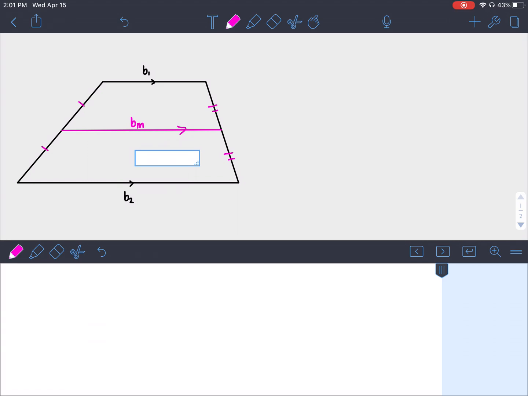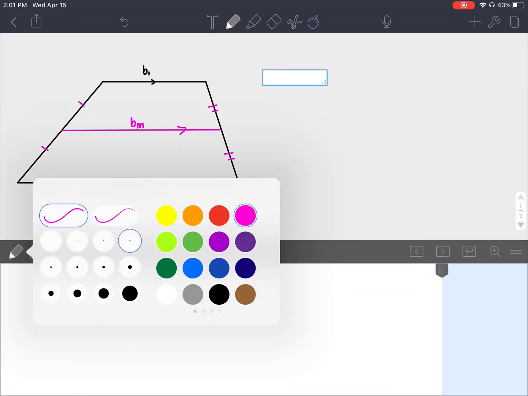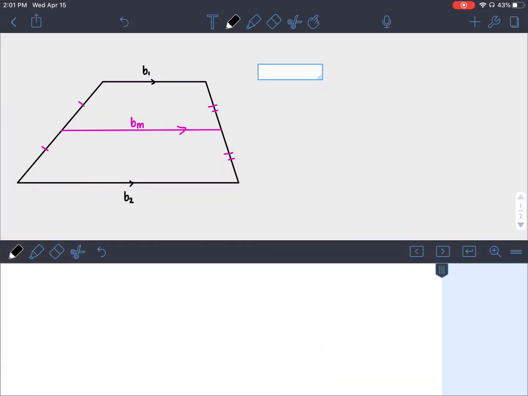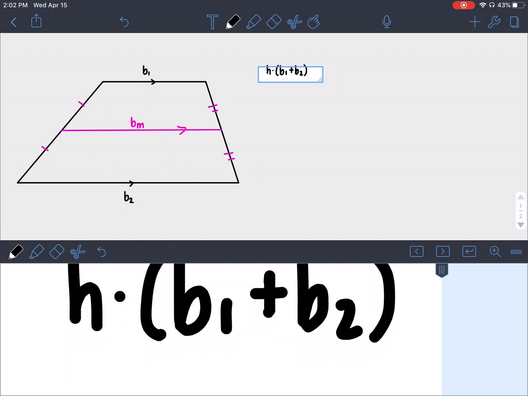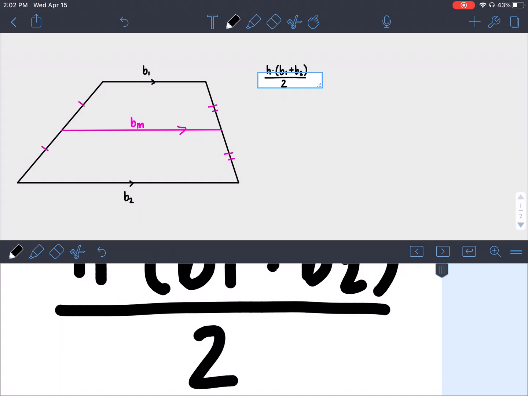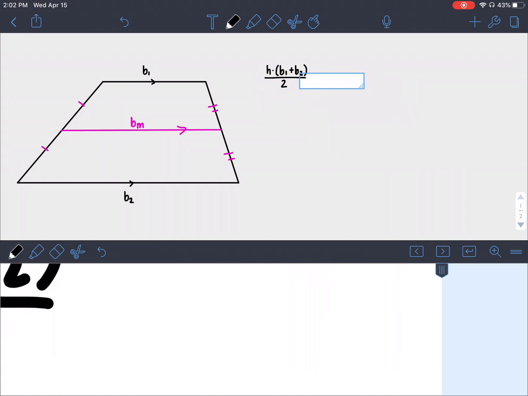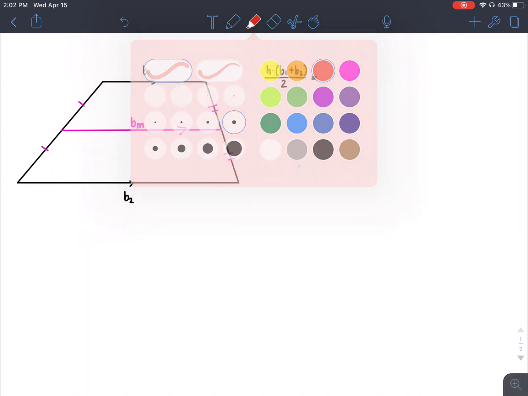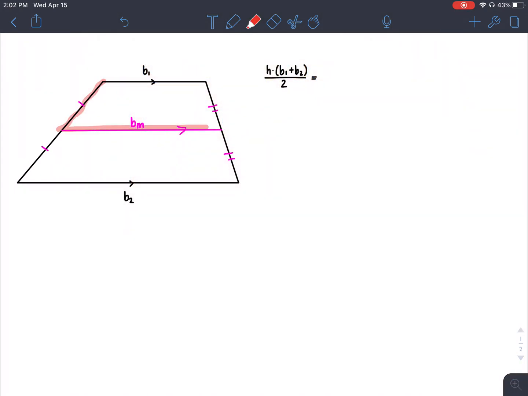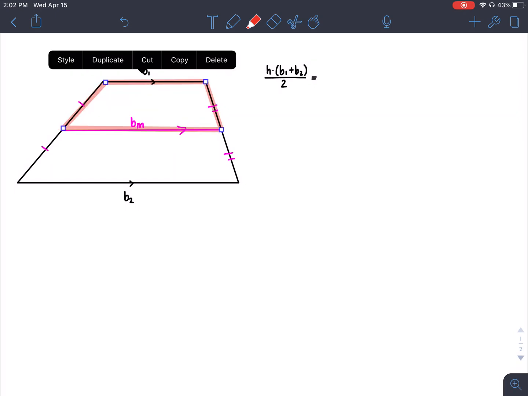Okay. So if I look at the area of that entire trapezoid, we just learned that that's going to be our height times our two bases added together. So base 1 plus base 2, all divided by 2. Okay. But that should be the same thing as if I added the two different trapezoids we just created. So if I look at this first trapezoid, boom, boom, boom, boom. See how good that works for me? Not bad. If I look at that first trapezoid